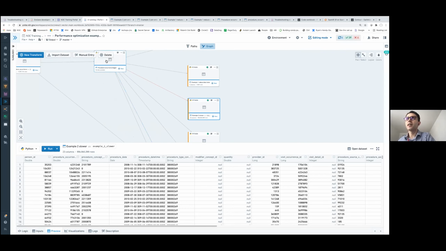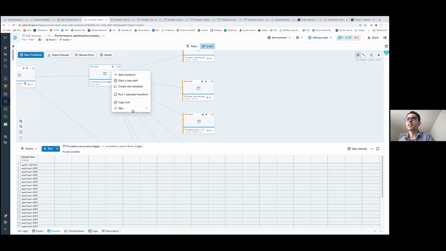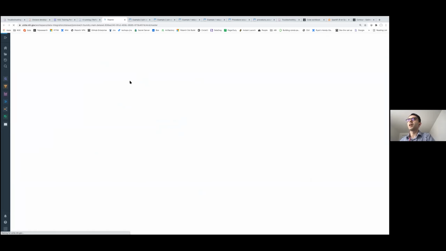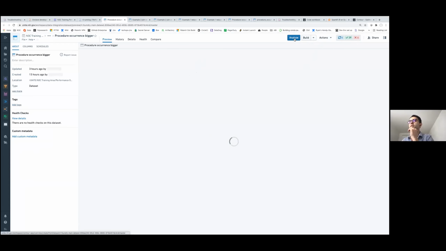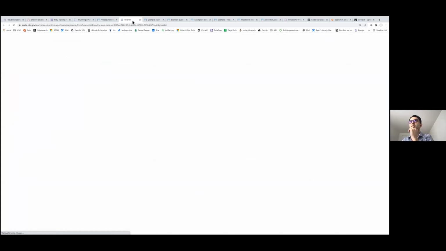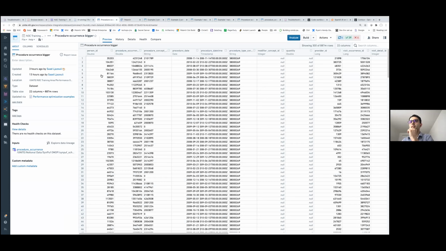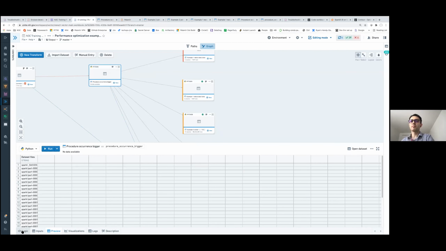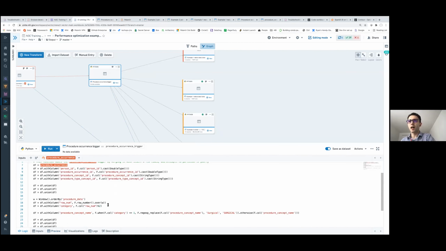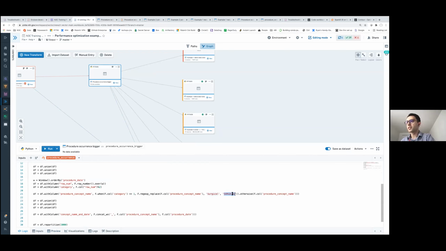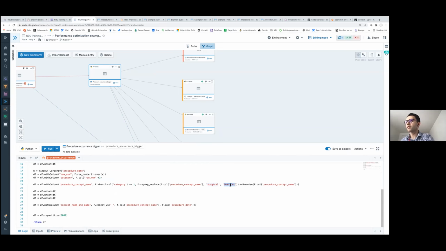If we look at my procedure occurrence data set, the bigger one that I created, I want to look at it quickly in Contour to look at the procedure names. Because something I did on purpose here is I mixed up some of the string values to have more variety of strings.